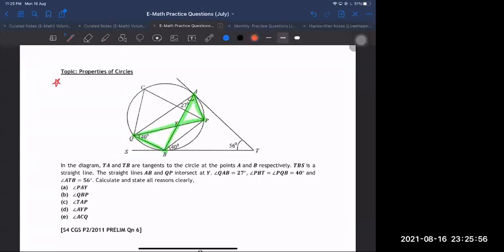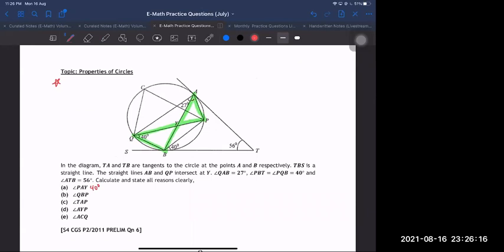Okay, so PAY is 40. So for this one, you must take note that there is a butterfly in the question. For butterfly, please remember that the butterflies must touch the corners of the circle, cannot just be floating in the middle of the circle. Okay. Now next will be angles